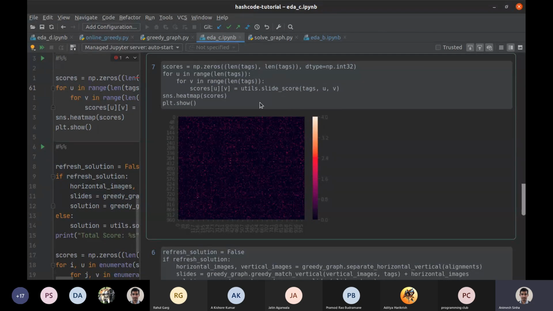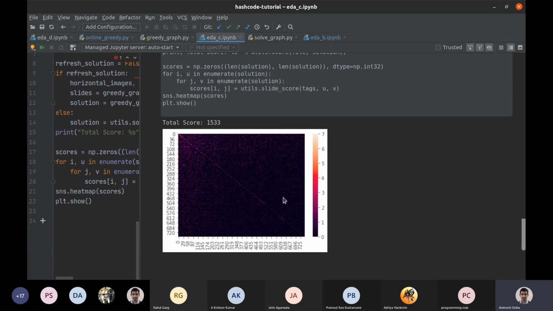And finally, you want to check if your solution is correct. To check that, you make this plot of your score for all pairs. Then you go down and see what happens after you have sorted your stuff out. And you notice that you have this diagonal line, and there is some brightness at the top left, so maybe that is the place where you want to optimize more. But at the bottom right corner and the rest of the map, it seems significantly darker than the diagonal line. And this is what you want, right? Because you get points for the diagonal line, but you don't get points for anything else.